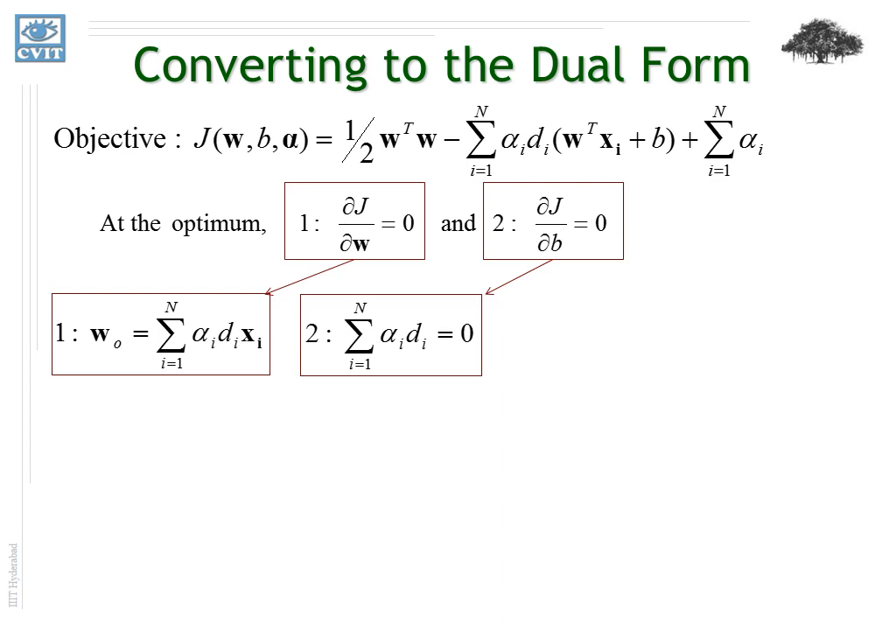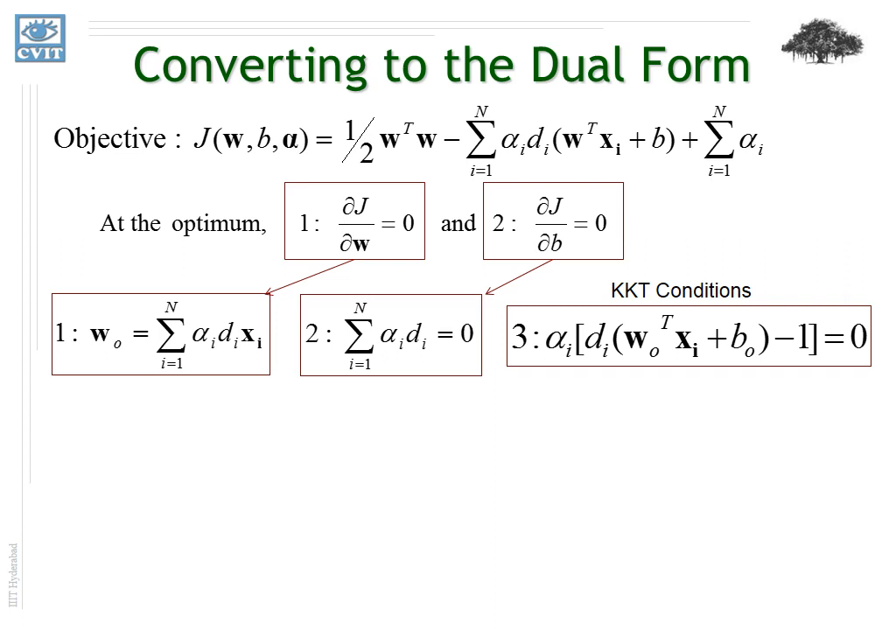Now, in addition to these two conditions, which we obtain by setting the partial derivative of J with respect to w and b to 0, we have a set of conditions that come up from the theory of Lagrange multipliers and optimization, which is usually referred to as KKT conditions. KKT actually refers to the names of three people, Karush, Kuhn, and Tucker, who were instrumental in developing the theory, and hence they are referred to as KKT conditions, or sometimes just Kuhn-Tucker conditions. So the Kuhn-Tucker conditions state that